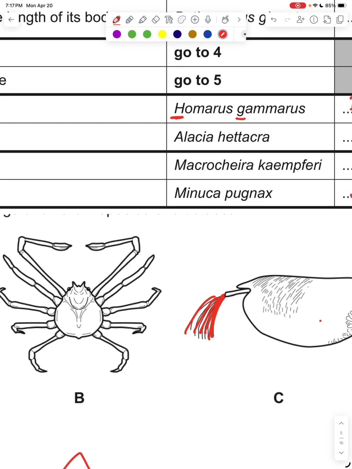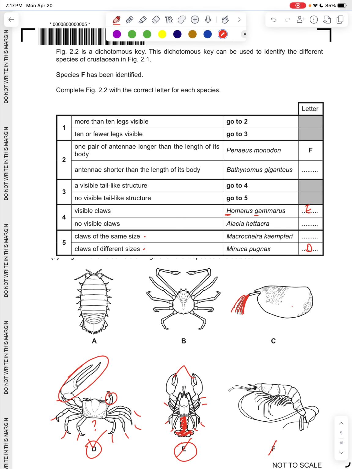And if you weren't sure, leave this one for last and do process of elimination. There's a tail-like structure. We're going to go to number 4. A visible claw or no visible claw. There is no claw. So we are going to put that one here. All right. Finally,